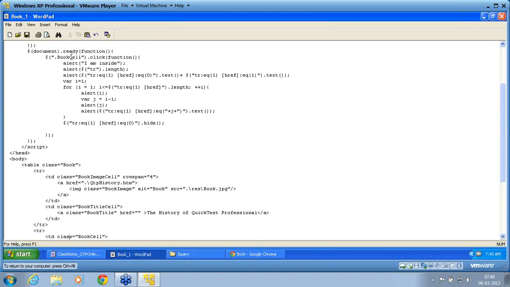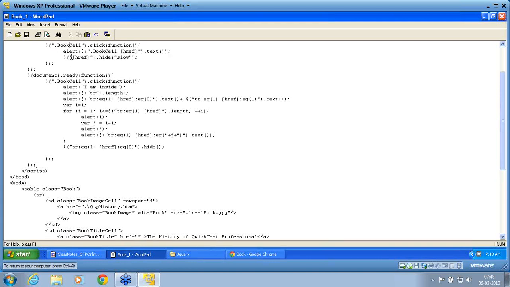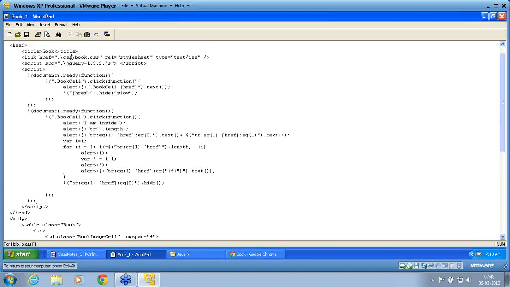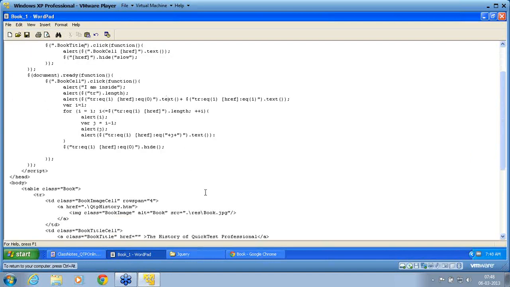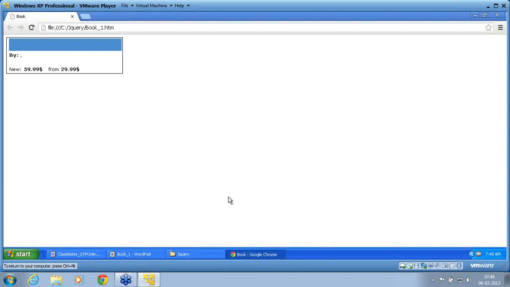Very important to understand how each one is managed. So book title, if I have more classes, he tries to execute all the class itself. So title dot book title dot click function. Now within the book cell, you now retrieve href and then dot text. So all the hrefs from book cell you try to now retrieve. So I have changed it.